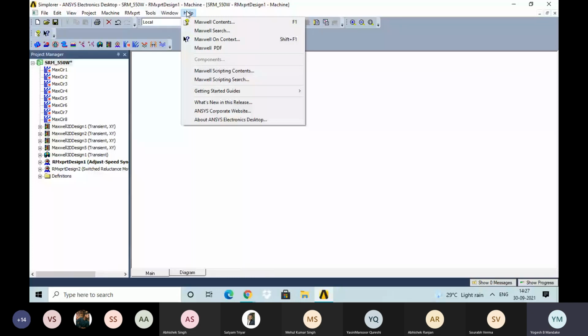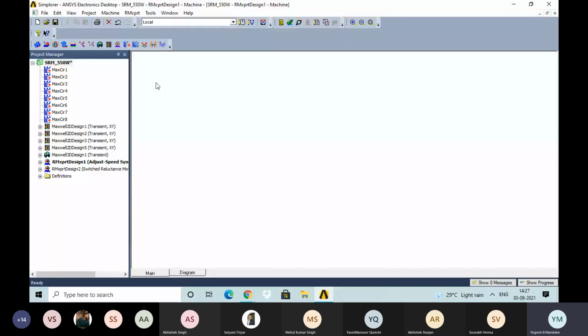Right now, you are having the idea about the options, but there are short forms also. So whenever you work for a longer time, then you will get introduced to the different shortcuts through which you can do your required activity. Like for the file, this is the new, for a new file, directly you can click here. Then to open the file, you can directly click here. This is the option for save a project.